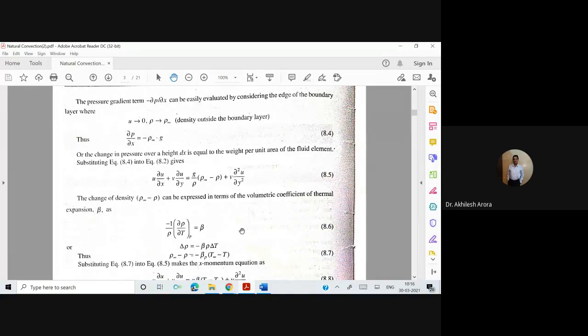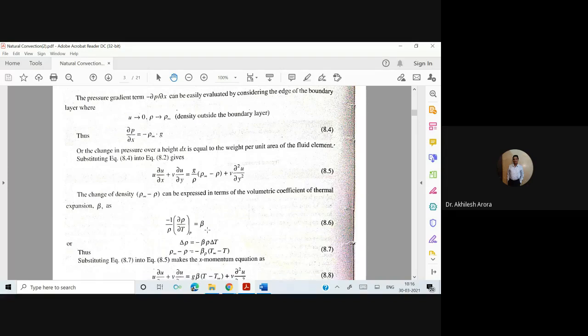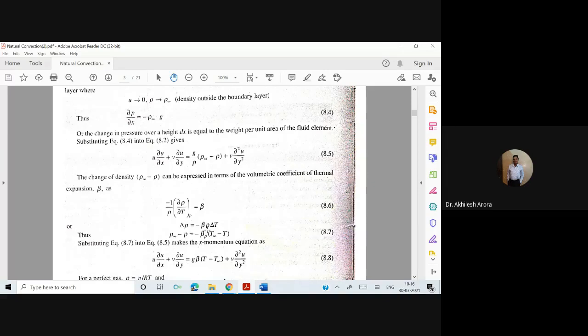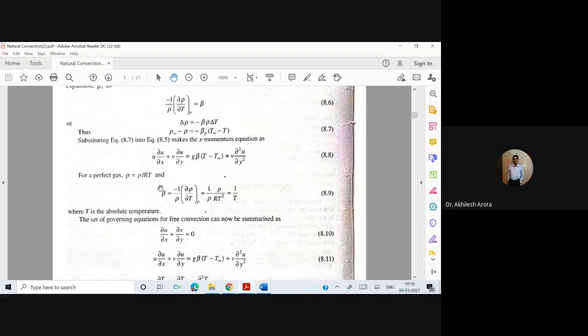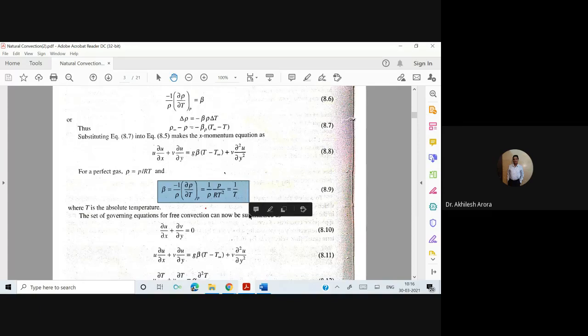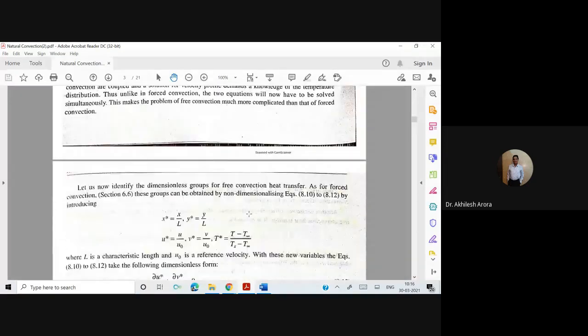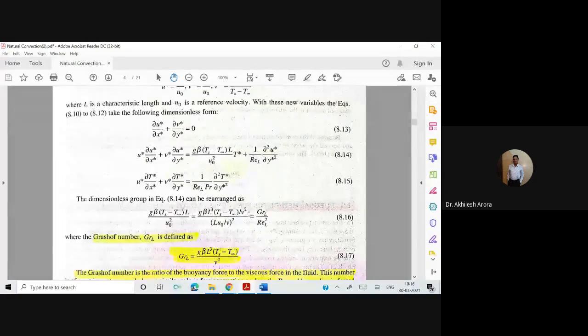And if you will see, this beta is actually given by 1 by T. So, it's not written here, but the value of beta is equal to 1 by T, and its unit will be Kelvin raised to power minus 1. So that is what you need to remember only. Then you can see here in this particular equation, beta is equal to 1 by T when we solve it for a perfect gas. Okay, so this is the value of beta. So I am not going into the solution of these equations. I will go directly to the important points only.